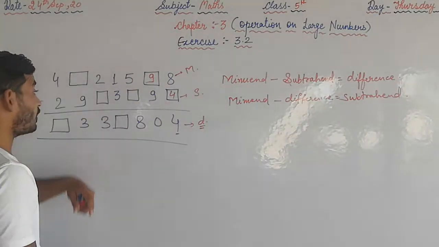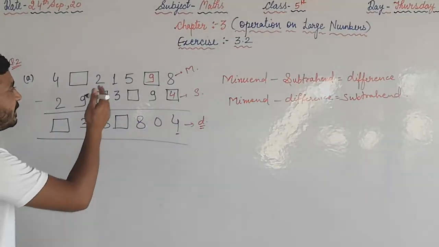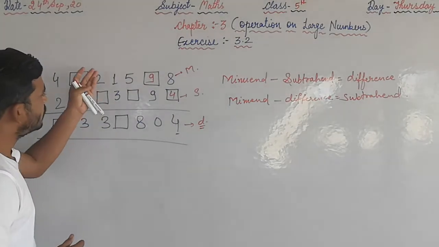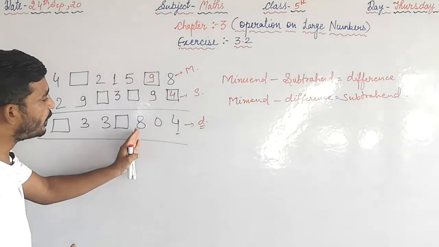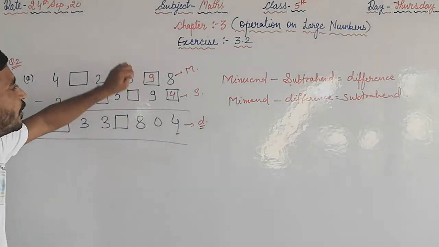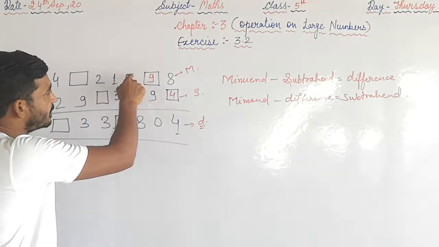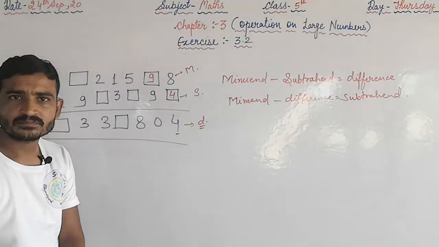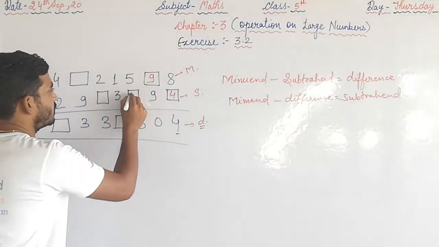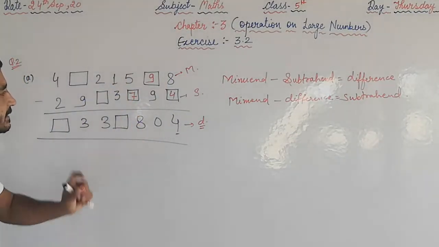What should we subtract from 5 to get 8? Obviously we take a carry from the next number. We have to borrow from the next number for subtraction. How do you get 8? You have to subtract a number from 5 to get 8. See here, when you subtract 7 from 15, what's the result? 8. You have to subtract 7 from 15 to get 8 as a result.